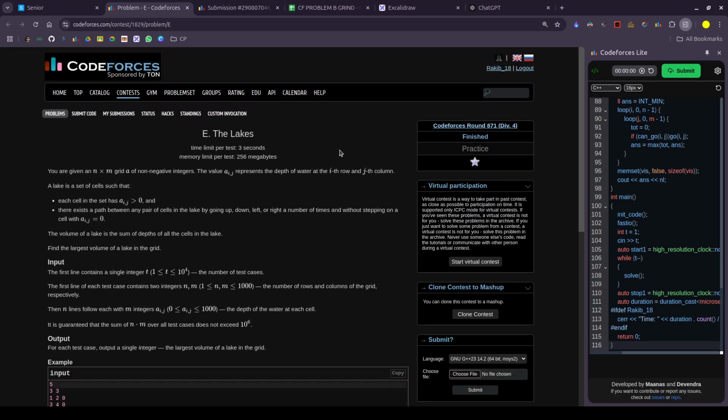So this is the next problem, the lakes. The statement given in the problem is: you are given an infinite grid A of non-negative integers, the value of A[i][j] represents the depth of water at the i-th row and the j-th column. The lake is a set of cells such that each cell in the set has A[i][j] greater than